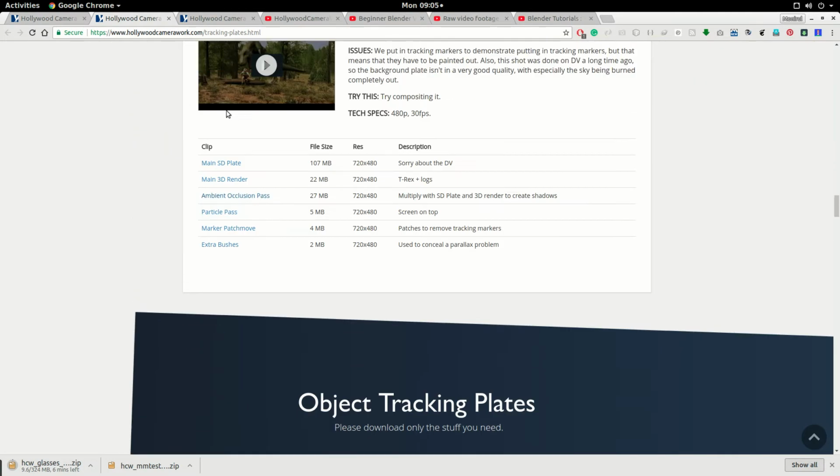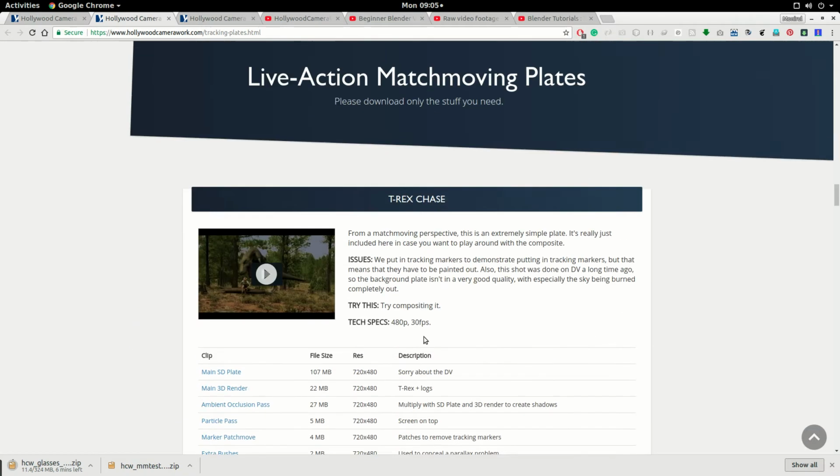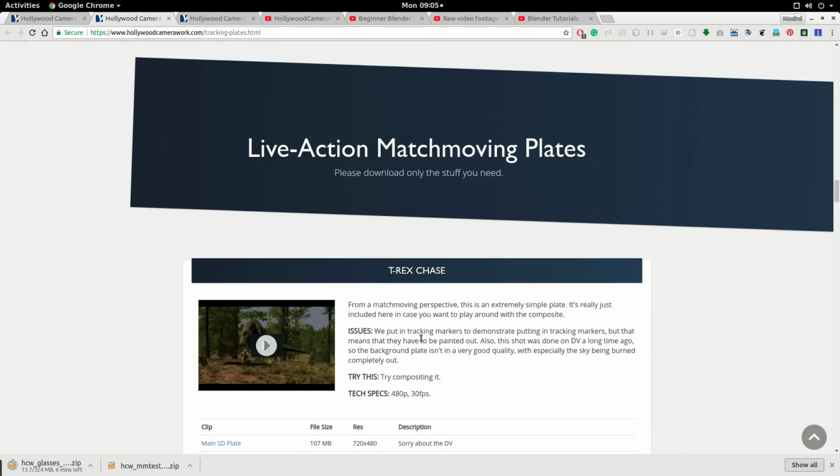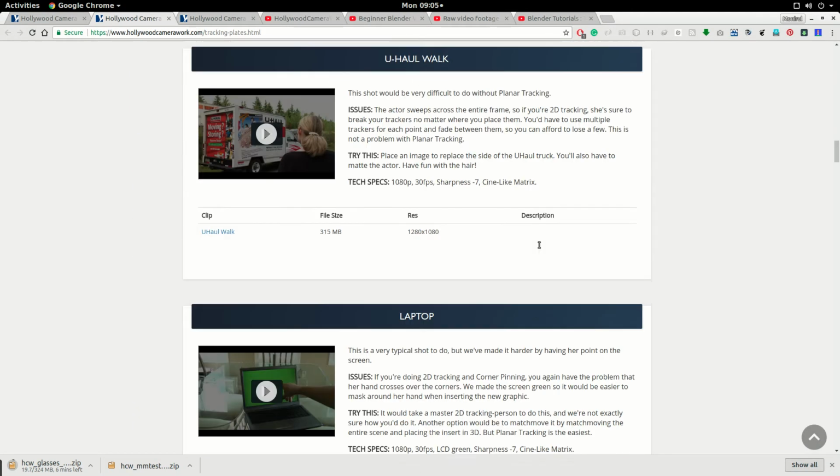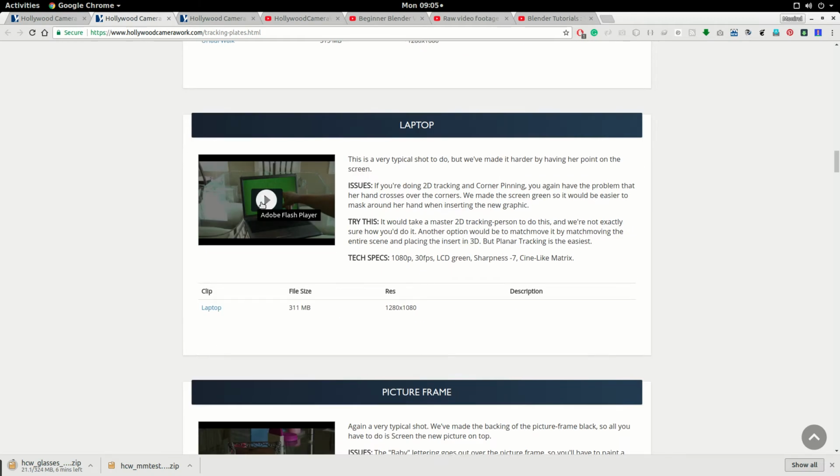So in Hollywood Camera Work, if you go to their site, you'd see that there are some green screen plates, and there are also some tracking plates. Okay. What you do with the tracking plates is quite interesting. If you just look at this example right in here, here we got a laptop, and